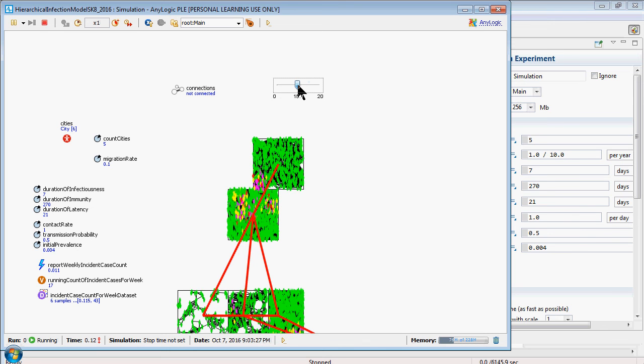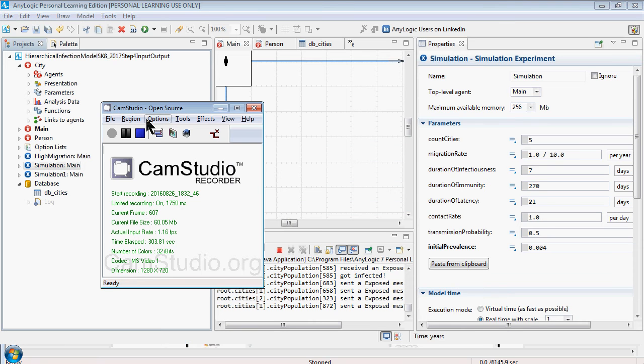Well, it depends exactly. As I'm changing this, it's changing the duration of infectiousness here. You could see it changed, right? Okay. Anyway, I'll